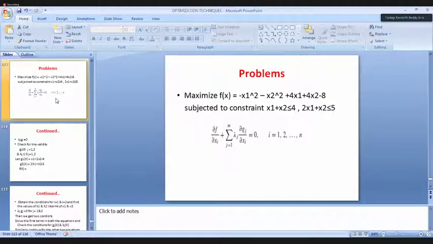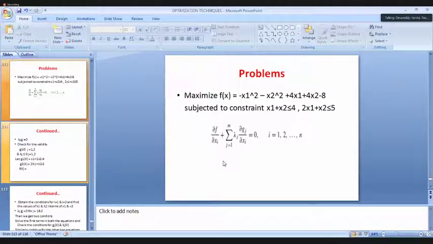Minus 2x1 plus 4. Correct. Minus 2x1 plus 4. That is done till there. Correct? Plus, you write the summation only. Summation j equal to 1 to 2 lambda j dou gj by dou xi. Will expand the summation, that would be better. So what happens now? Put j equal to 1 plus j equal to 2 also. So what happens when you put an expansion for it? Lambda 1 dou g1 by dou x1 plus lambda 2 dou g2 by dou x1.